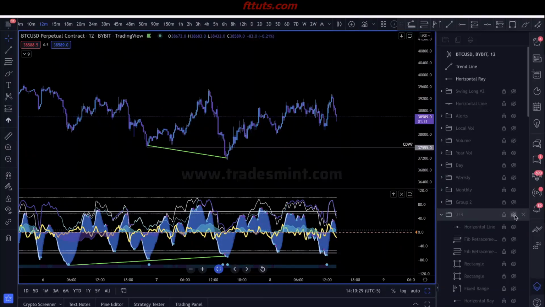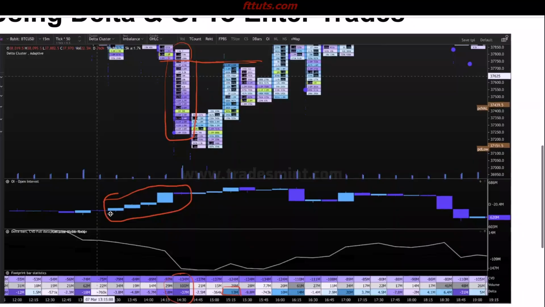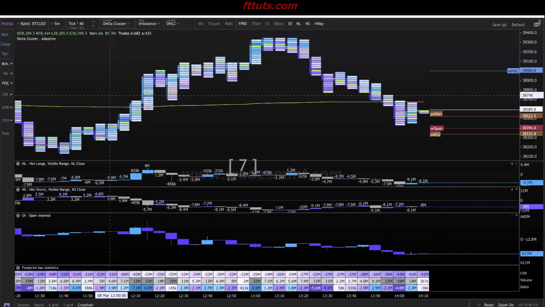Now, let's take a look at order flow. What was happening here as we came down to that level, okay? Look at this. On the way down, we had open interest increasing, okay? This means new people are opening up their positions. And if we go to the actual chart,